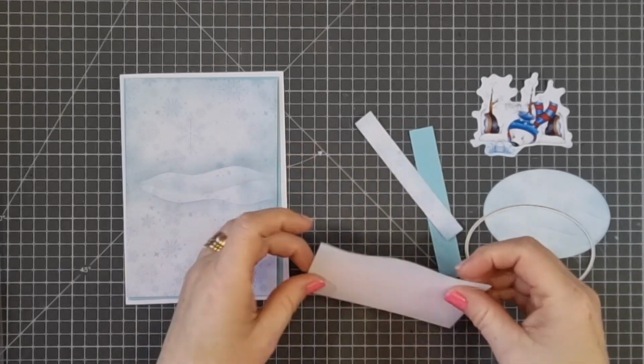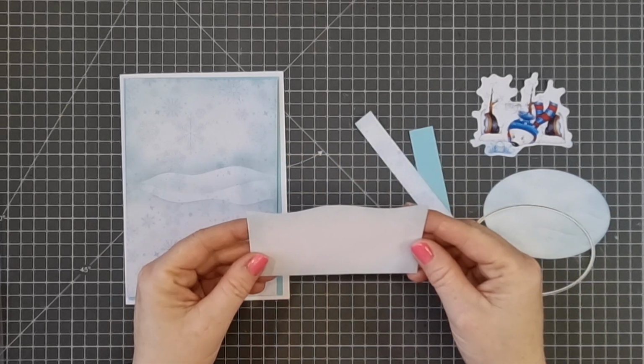I've also taken this piece of cardstock as well. Now, this measures...